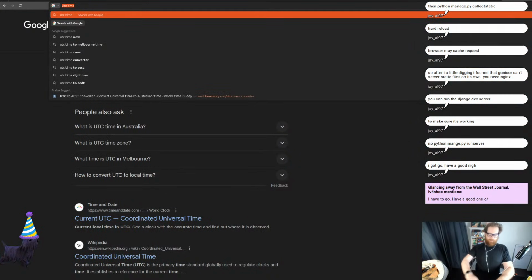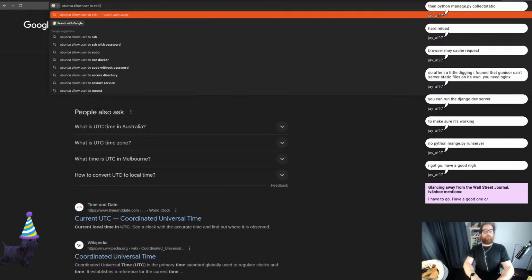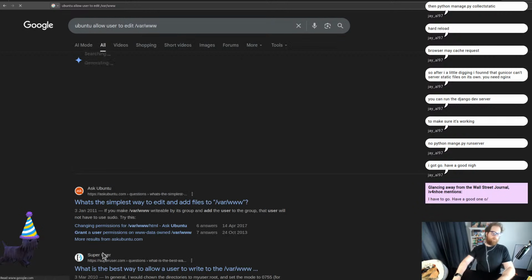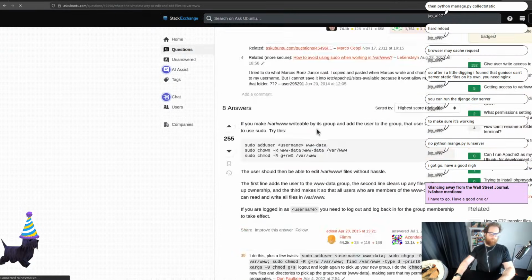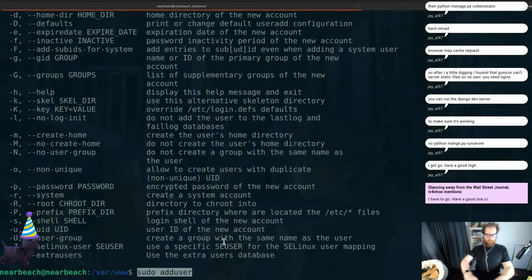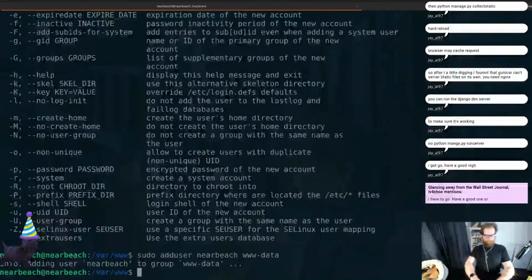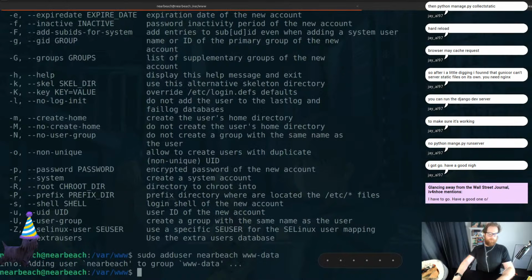Give me 2 seconds. I'm going to allow the user to edit. This has been way too long. sudo adduser, username, data. Cool. Yeah, we've done that, and then